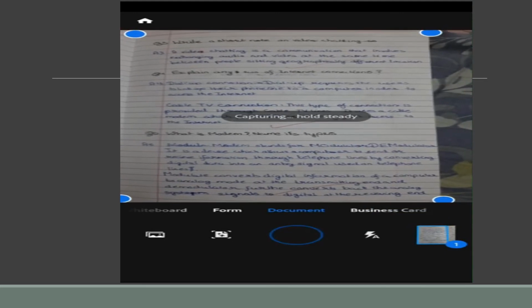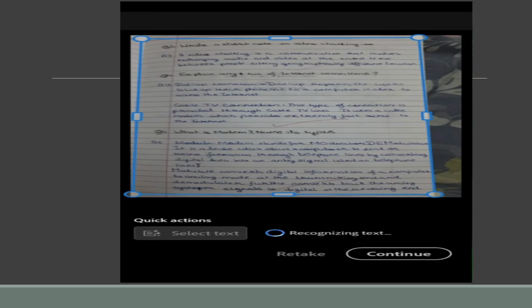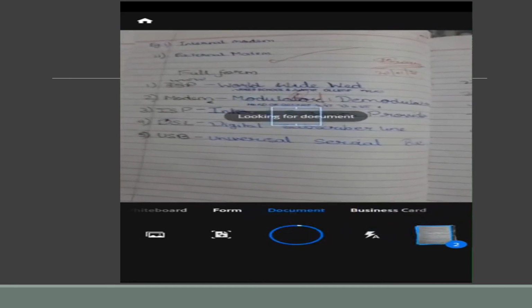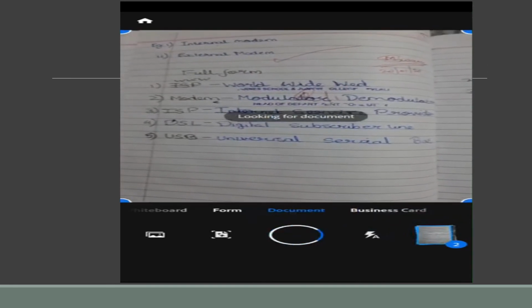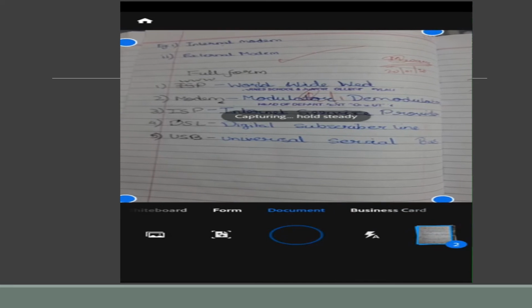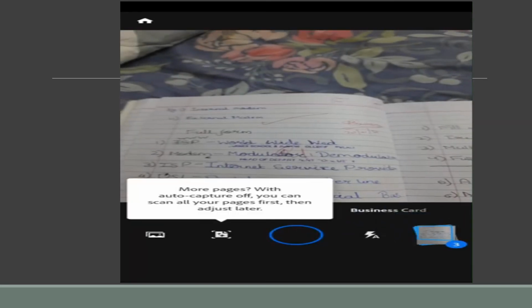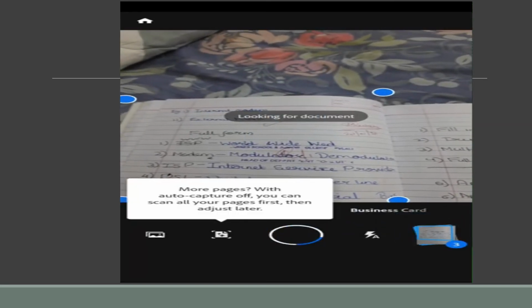Again, you have to wait for the four dots, and on the side of the camera you will be able to see this continue button on the right side of the mobile phone. So you have to click on continue to go to the next page. Wait for the four dots and the camera will capture the text. Once all the pictures are done, only you have to click